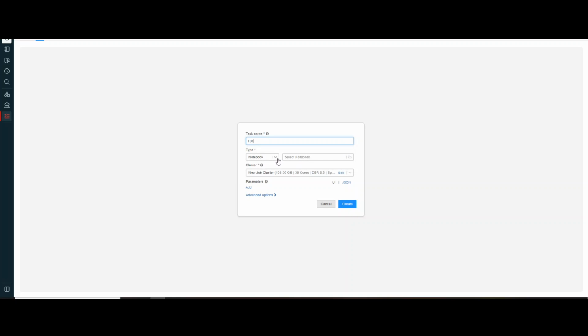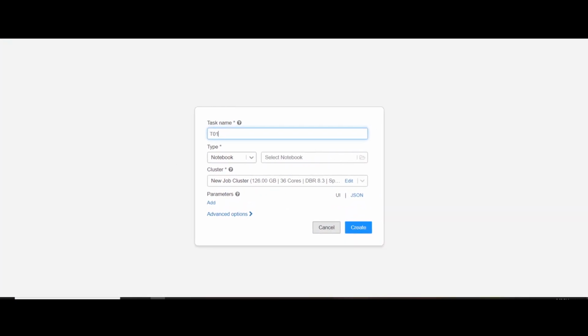Now you can see on the top in the type side, actually I'll zoom it for you, we have this type. Right now I'm trying to orchestrate a notebook, so that is why I have selected notebook from this option. And now I'll quickly choose my notebook from this browse icon over here. So guys, as you can see, I have chosen my notebook. I have given the path, the link to my notebook, in this task.